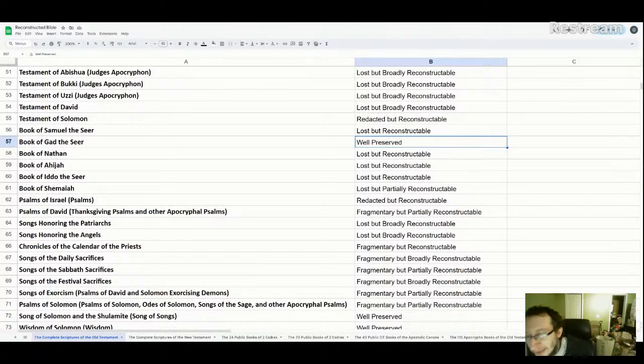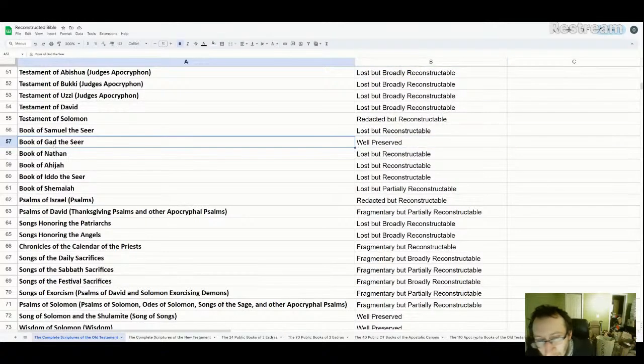So that's why I was saying sometimes apparently it's only about this person, because since I believe Gad the Seer is authentic, that leaves open the possibility that some of these books may have had a small amount of information from another king, but not enough to consider it the acts of that king. So Gad the Seer we don't really need to reconstruct because we have it. Samuel the Seer, on the other hand, we do need to reconstruct.